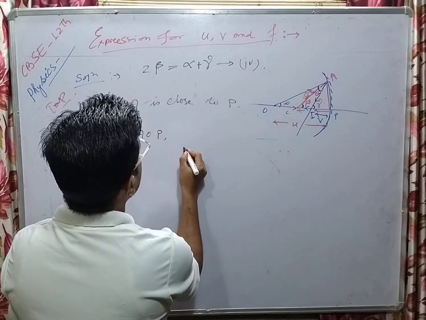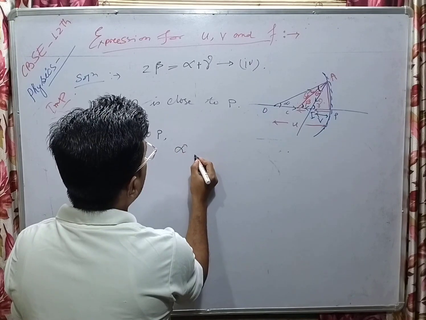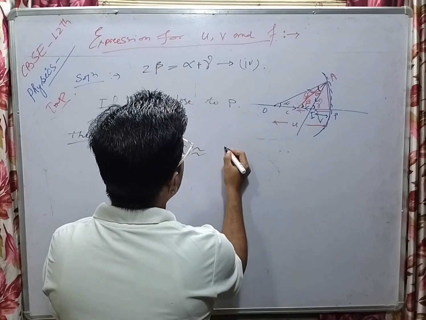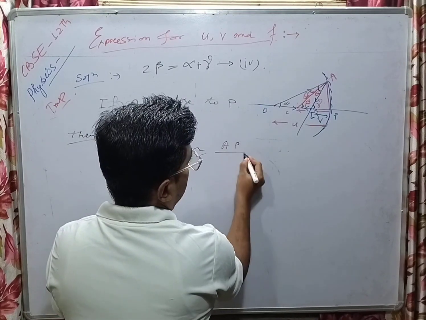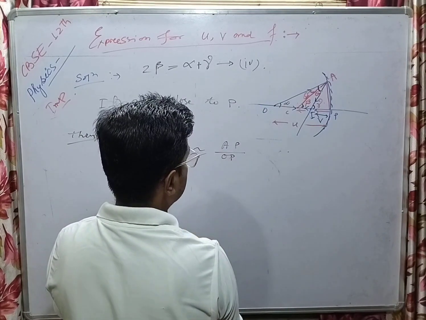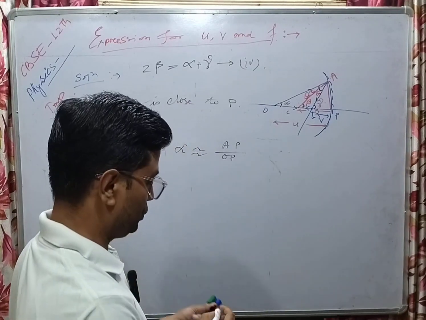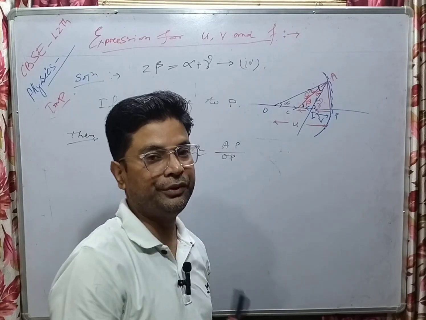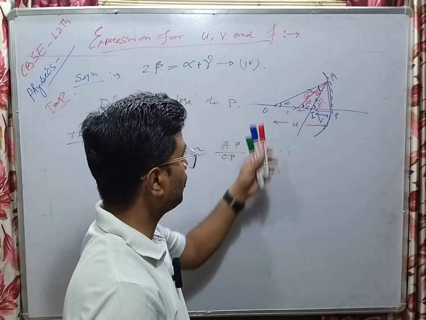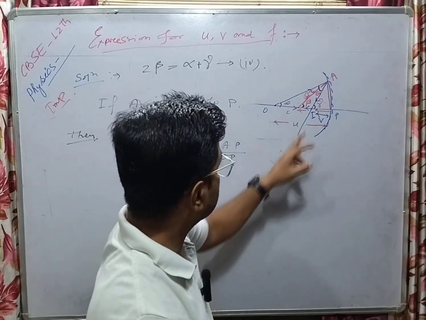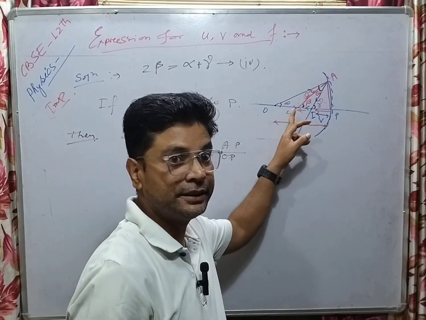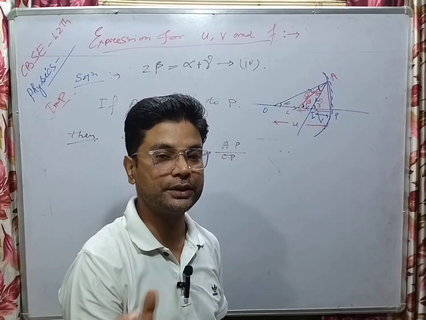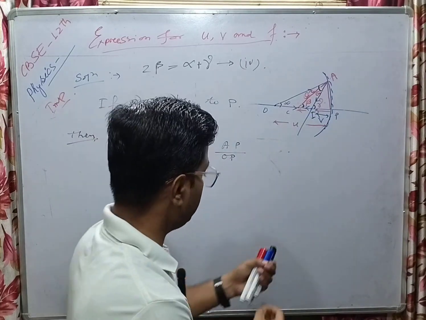From triangle AOP, alpha is approximately equal to AP by OP. It is an approximate value because the position of the object will be varied, right? But C is constant. C is not variable. It is because the center of curvature of a spherical mirror is constant. That is why